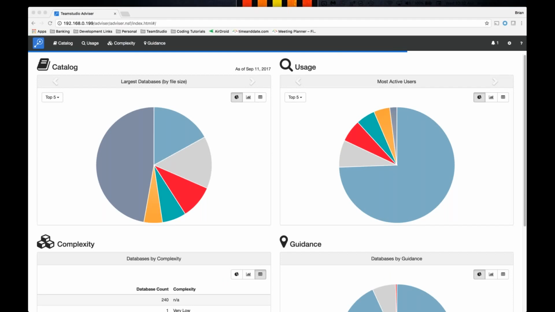The 4 major enhancements that I will be going over today are the effective access scan enhancements, enhanced search terms, the ability to select multiple records from the views, and the ability to export data from Adviser to a CSV file. So starting at the first enhancement, the effective access scans, this is a process that runs within Adviser, which